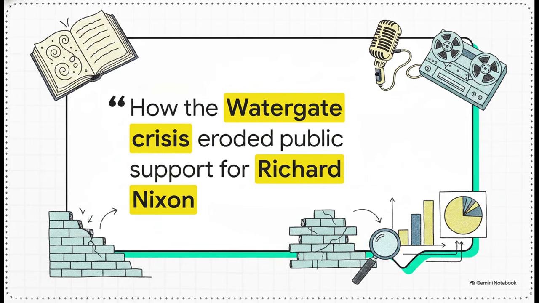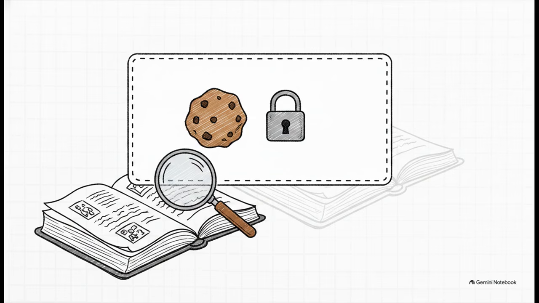Even highly academic, deeply researched sources like the Pew Research Center continue to publish extensive deep dives into the era. They provide rigorous statistical context with articles titled "How the Watergate Crisis Eroded Public Support for Richard Nixon." This is exactly the kind of critical, in-depth historical analysis that forms the absolute backbone of our understanding of past political climates. Yet, the reality of retrieving this academic data today comes with a very modern interruption.